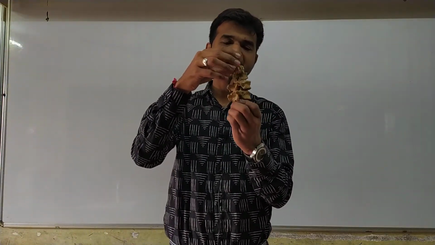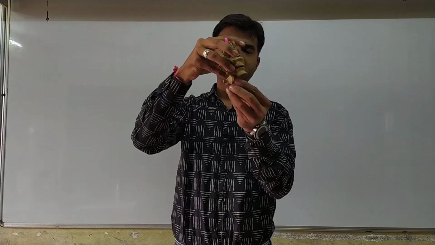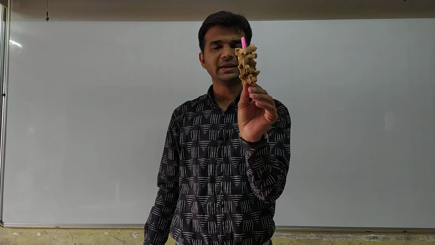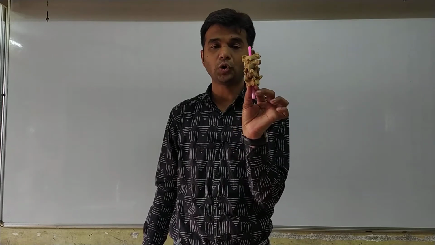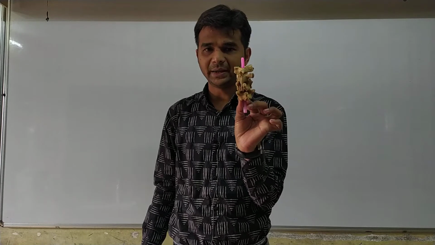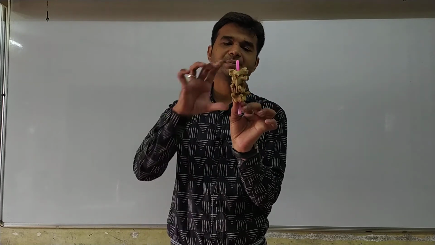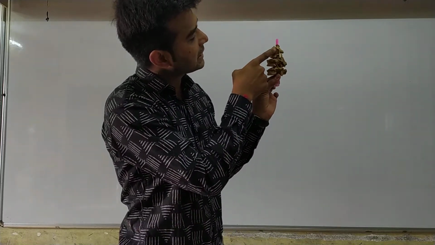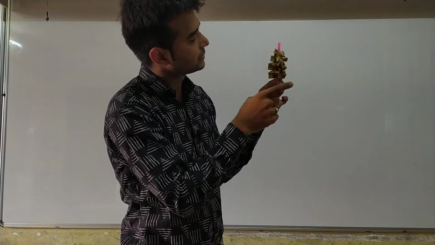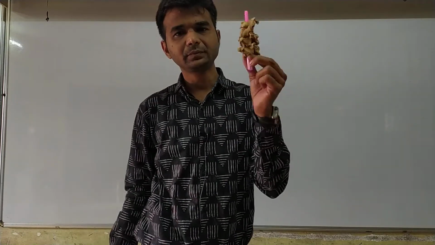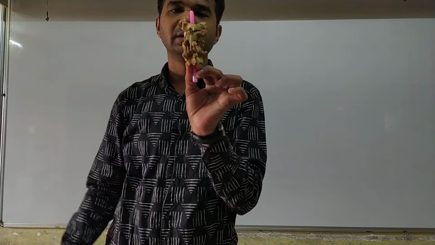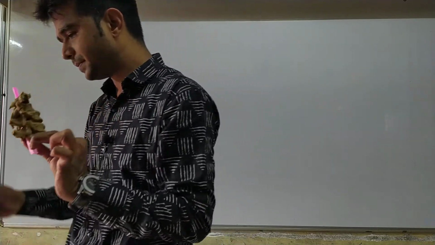So I pass the pen just here, where 4 vertebrae are connected. I pass the pen through these vertebrae. Assume that this pen is the spinal cord. The spinal cord is protected in the spinal column, and from the lateral side one nerve comes out. Fine. In this way the vertebrae protect the spinal cord.